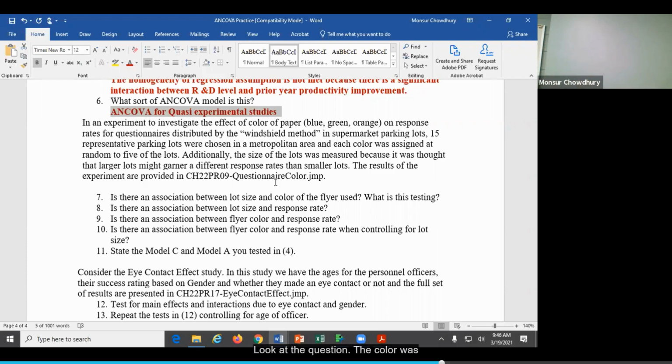Look at the question. The color was randomly assigned to the 5 of the lots. So what are our lots here? Experimental units. We randomly assign the colors, which are the treatments. So this is a random assignment done.